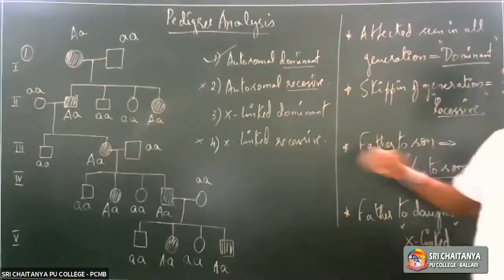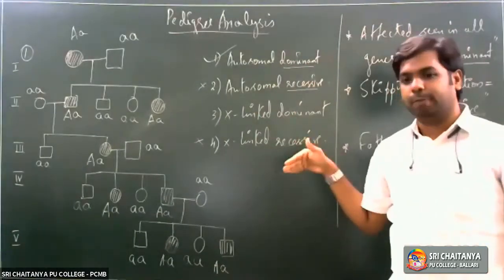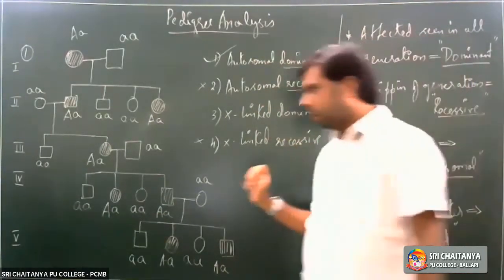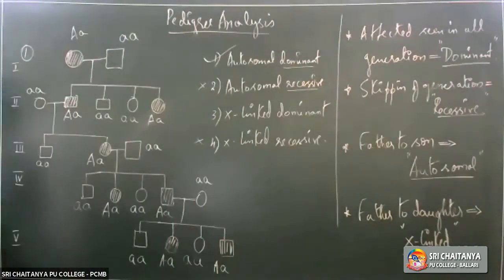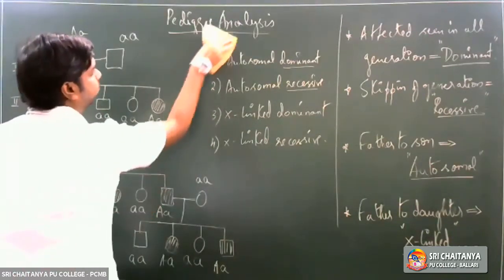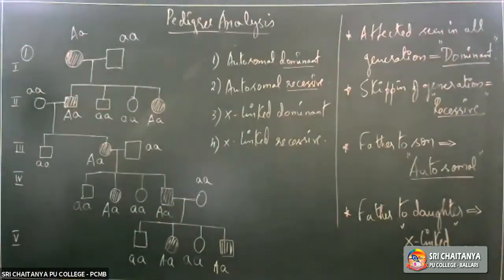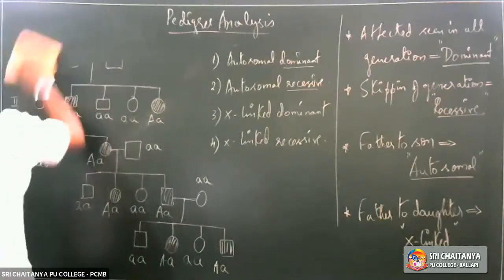So this is what we have with the first pedigree example, and how we interpret it. Clear with this? If you're fine with this, we'll move on to another pedigree now. So let's take up another pedigree and see how exactly we interpret it. The options would remain the same, I'm just changing the pedigree chart here. You can take a screenshot of it and start practicing it. Okay, so let's take up another type of pedigree chart here.